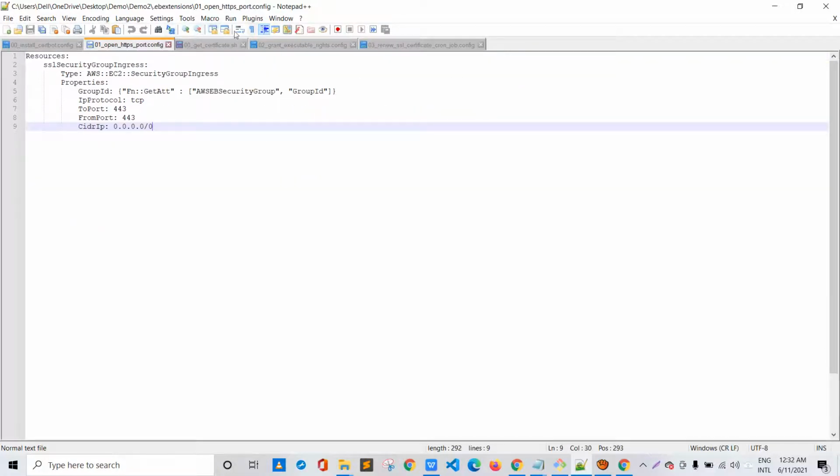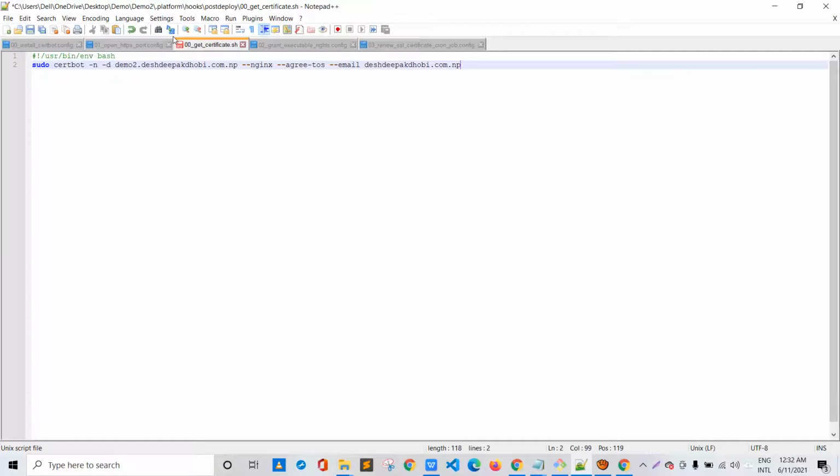So these files, except get certificate.sh, these 4 files will be kept inside the .ebextensions folder. And the ebextensions folder is a folder that contains script files with specifications on which program to install or execute when the service or application starts. So ebextensions is used for that purpose. So any script files kept inside the ebextensions folder will run when the application gets uploaded onto Elastic Beanstalk and when the application starts.